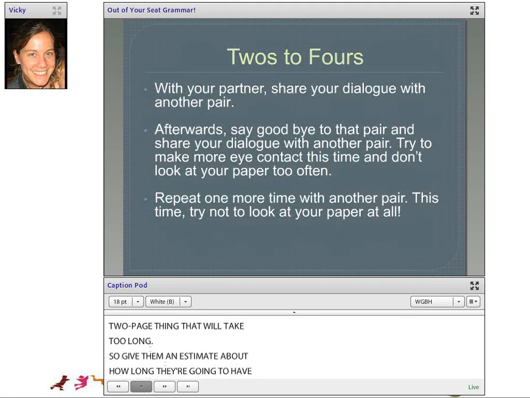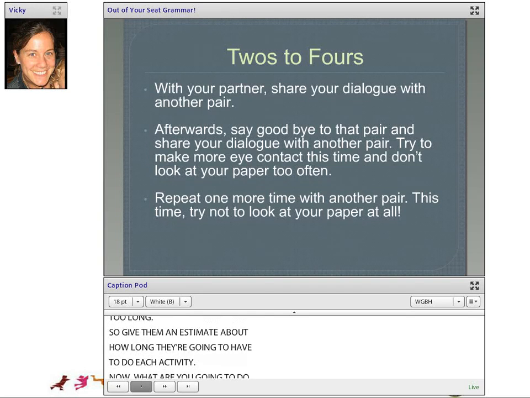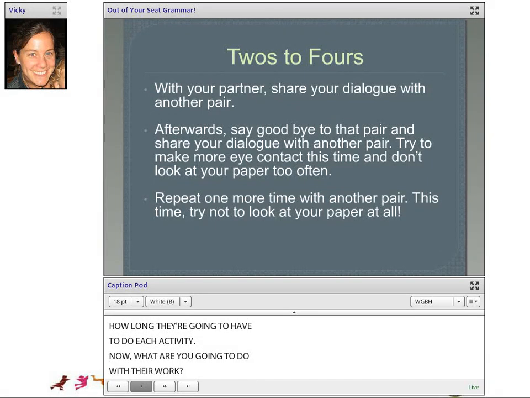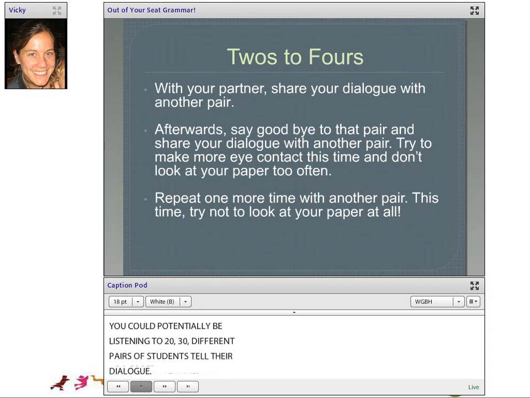Now, what are you going to do with their work? Again, if you have a big class, I recognize that it can be a little bit agonizing to listen to each pair. You could potentially be listening to 20, 30 different pairs of students tell their dialogue. And that can be boring for the other students and for the teacher too,